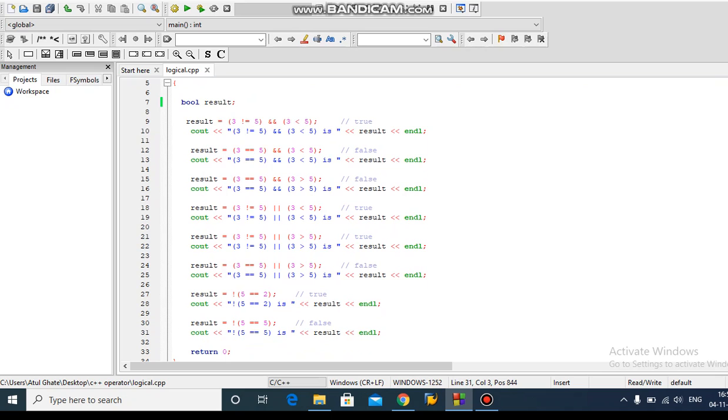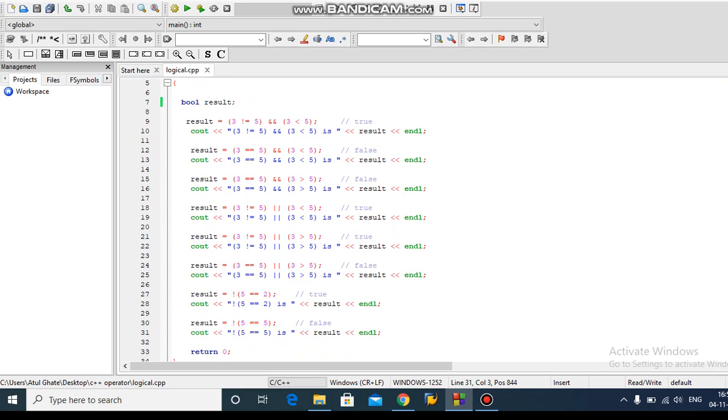So result equals, then the next operator is the not operator. It consists of only one condition. Okay. So result equals, first of all check the condition in the bracket. Then you have to apply the not operator, because in the not condition you have to give the opposite answer. So 5 is equal to 2.